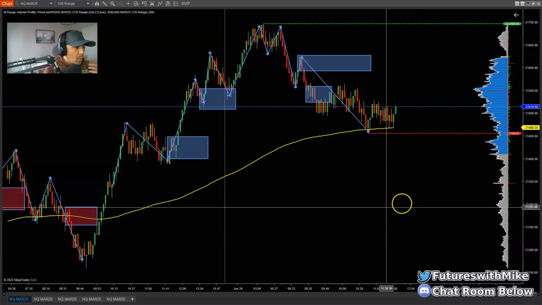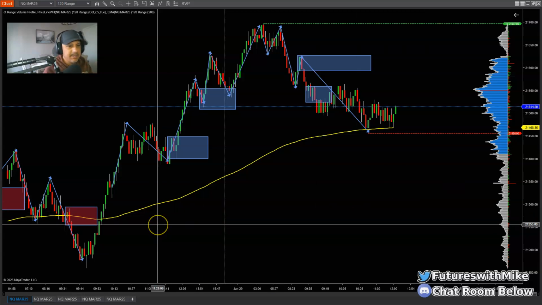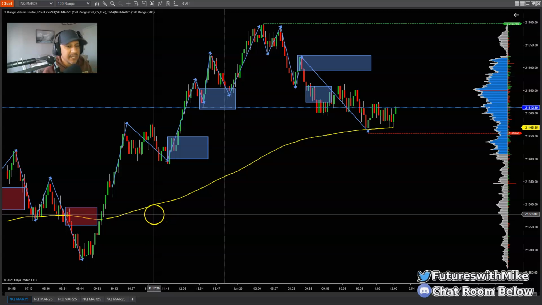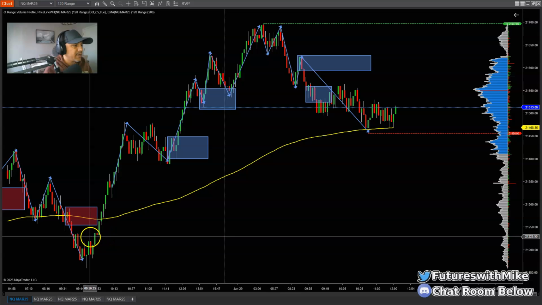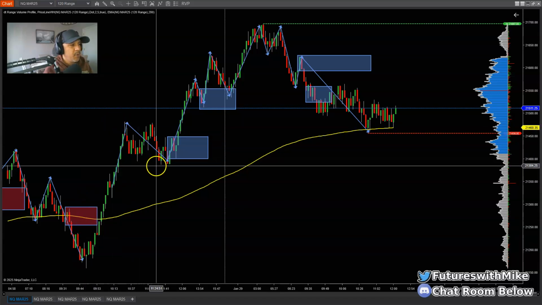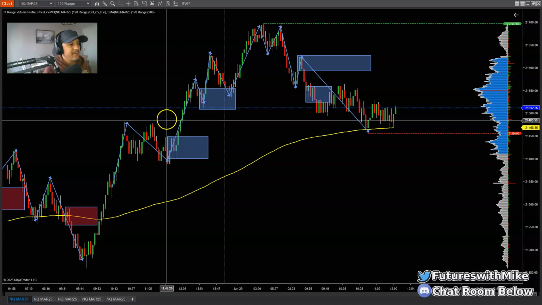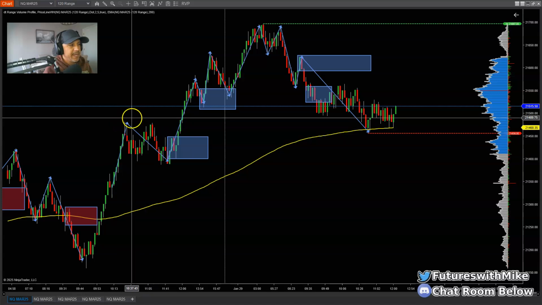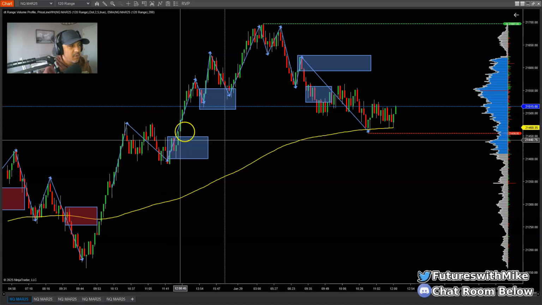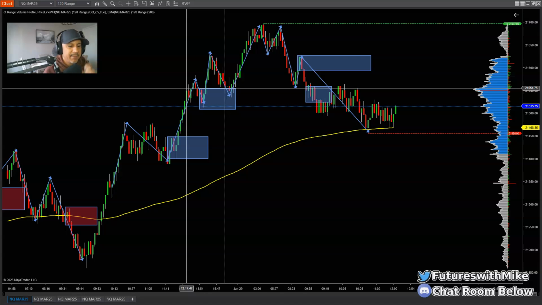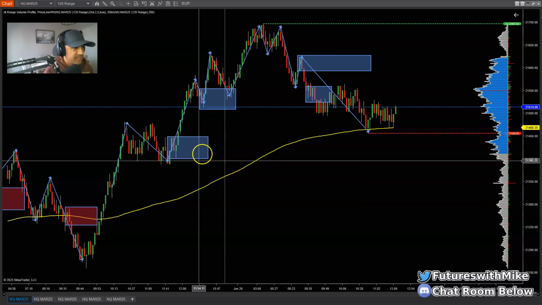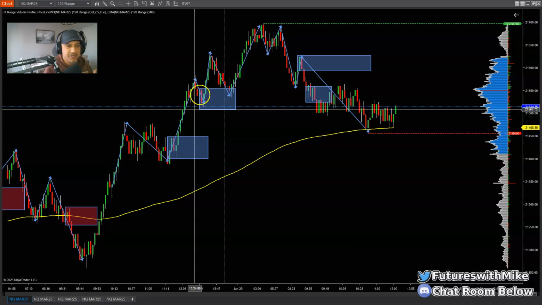But again, what I'm looking at is structure, first and foremost. That is the most important thing. I'm looking for big runs in the market where the market is making aggressive pushes either to the upside or downside. Like right here, this was a nice push up, a pullback, aggressive buying. Anytime you see multiple candles that have broken and taken out a high, this is the breaker structure. After taking out the most recent high on a pullback and then breaking higher, that is a beautiful breaker structure. Out of that, if you can find one, there could be a beautiful demand zone resting on the inside of the big breaker structure, the swing itself, okay?